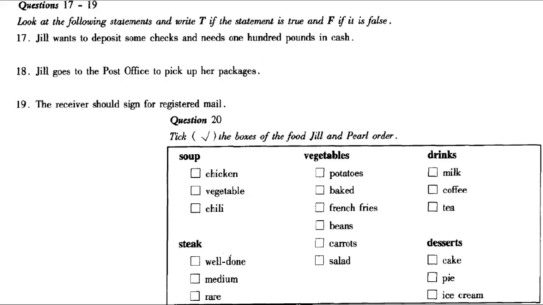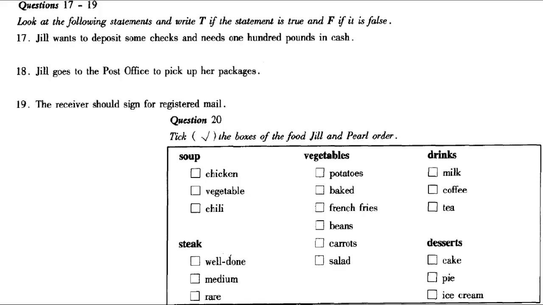Can I take your order, please? Just a minute. Can you help me? It says chili here on the menu. Oh, chili. It's a kind of soup with beans and meat. I see. Pearl, would you like to have some soup? No, I don't want that. How about a steak and potatoes? All right, 2 steaks and potatoes.